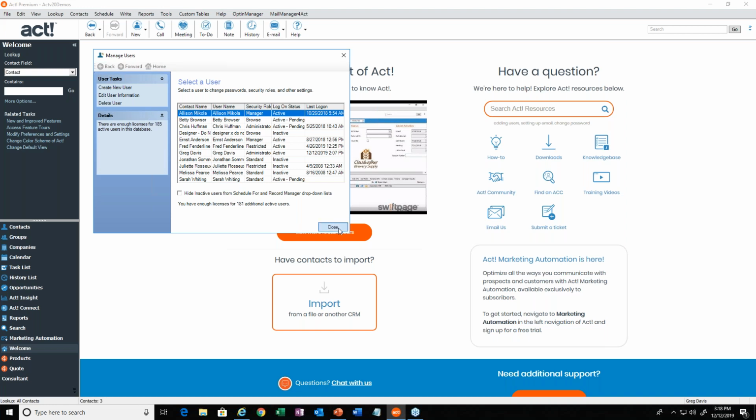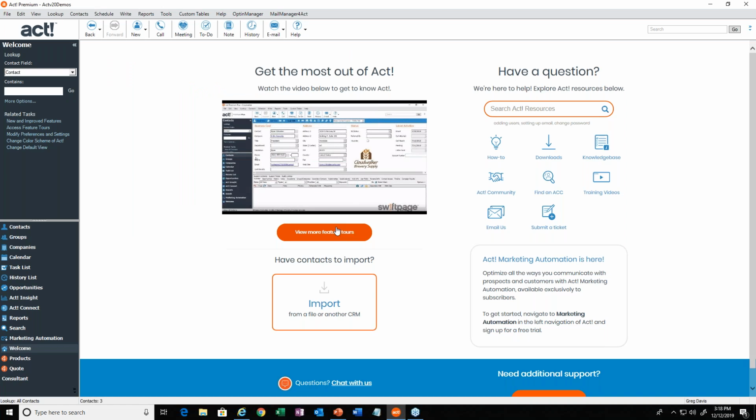All right, so let's get out of this and move on to some database maintenance and cleanup and things like that. A lot of people don't realize that ACT databases can get full pretty quickly and can get clogged up sometimes. A lot of people have a lot of users that are just constantly putting data into the system all